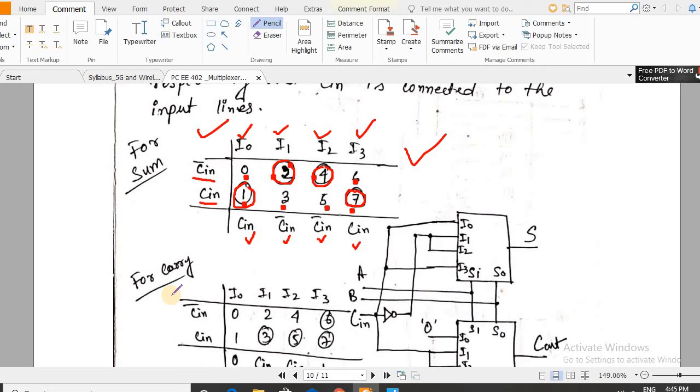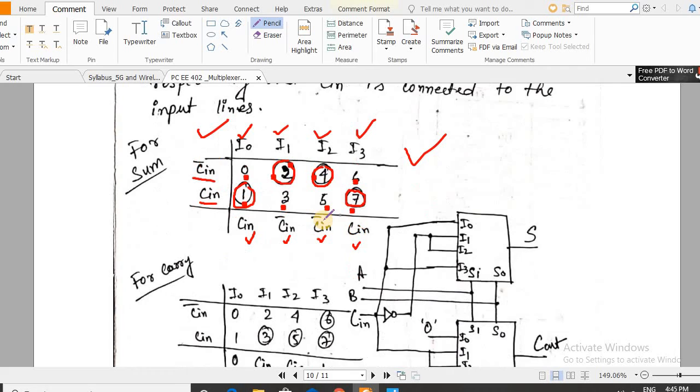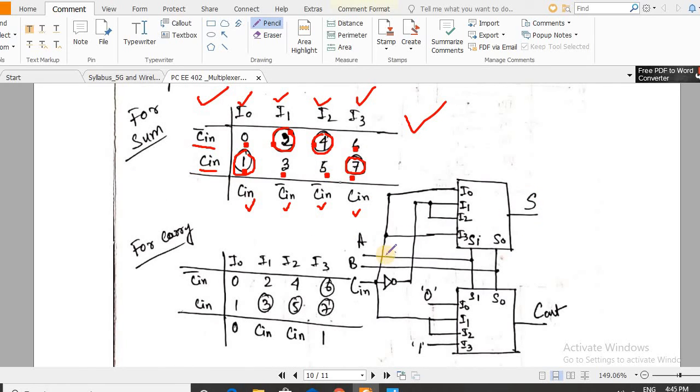So obviously I0 will be Cin, I1 will connect to Cin bar, I2 will be connected to Cin bar, and I3 will be connected to Cin. So by doing this mapping, we can draw this.